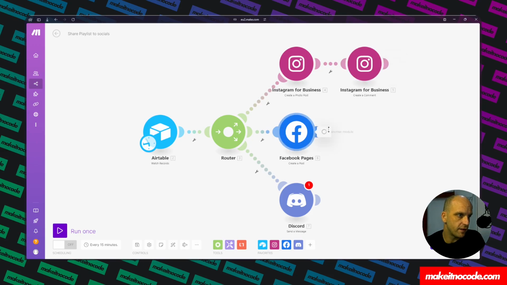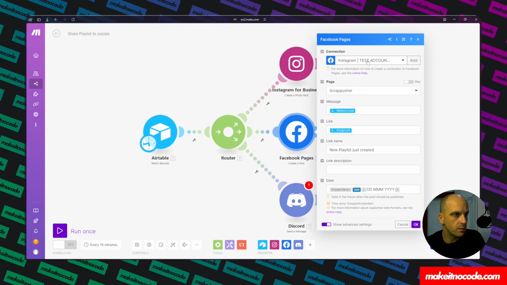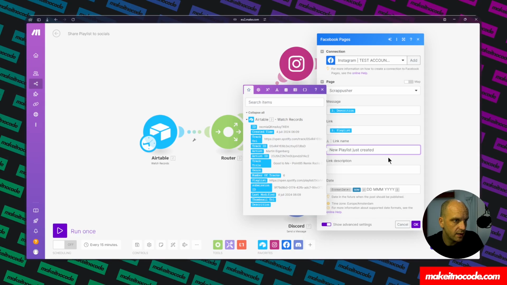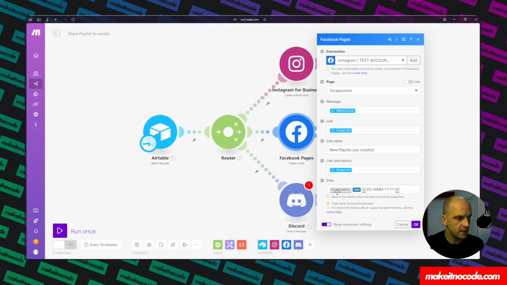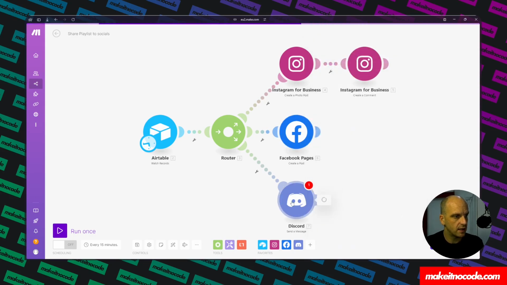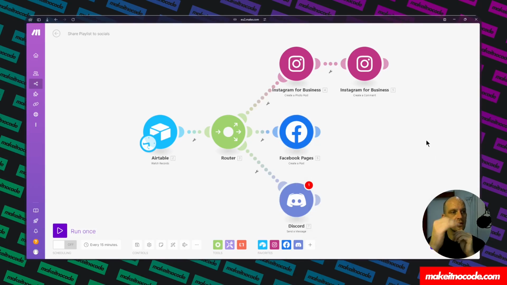We can also create a Facebook post. That's killing me. So yeah, we would do this to our account. We'll add the description as a message, the playlist as a link, new playlist just created, and then we would put the link to the, where is it, playlist there. Okay, and then we're going to put the date. I like to format my dates in a particular manner, which is date, month, year. So there we are, and then you can add to a Discord. I haven't finished setting up my Discord connection, but yeah, you can pump out to all of your social media posts,